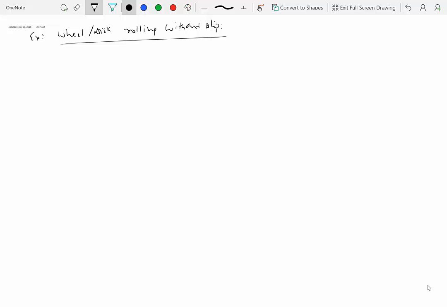So a wheel rolling without slip, let's examine that condition. So we have a wheel, and let's say this is rolling along a flat surface, and it's rolling without slip, okay? And ideally speaking, that's the kind of condition you want when you're driving your car or truck or your bike, right? You don't want wheels to escape. So what does that condition really tell you? What that condition tells you is that if you look at the contact point, right? So if you zoom into this area, essentially what you're looking at is the surface of the wheel, right?